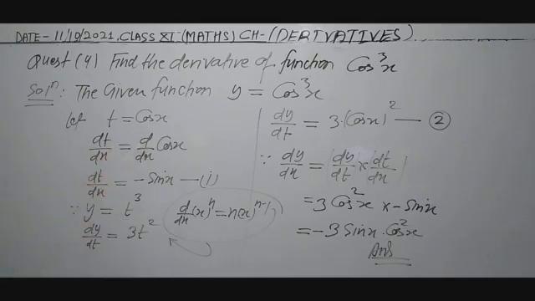Now this result is 3t square, and now we have to put value of t, that is cos x. So result of dy by dt is 3 times cos square x. Now you know dy by dx we can write dy by dt into dt by dx, and dy by dt result, you know, 3 times cos x whole square or cos square x, both values are same, because cos x into cos x 2 times we can write cos square x, and cos x whole square.